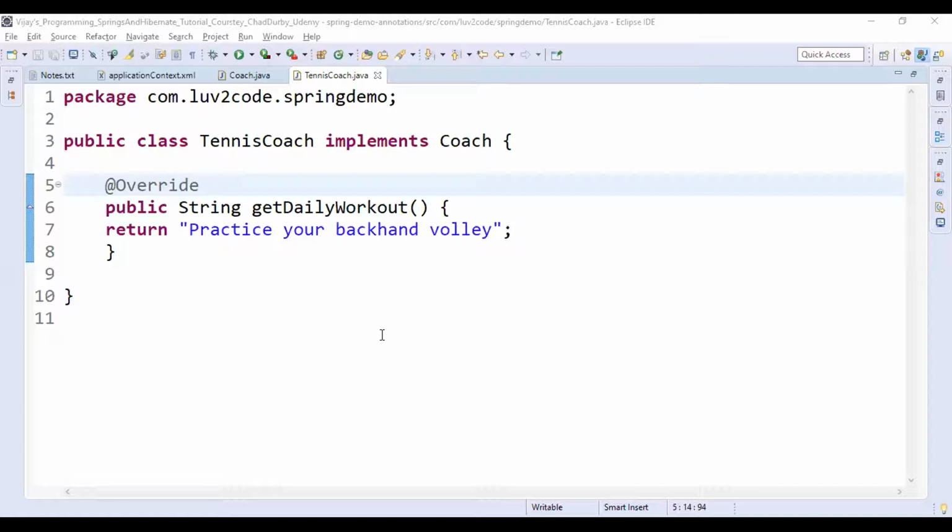It takes time and a lot of work. That is the problem with normal XML configuration while working on a large project.